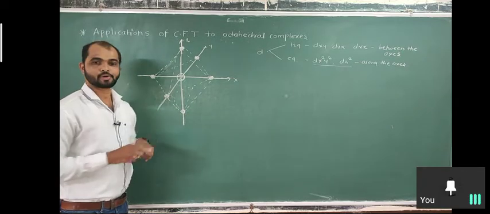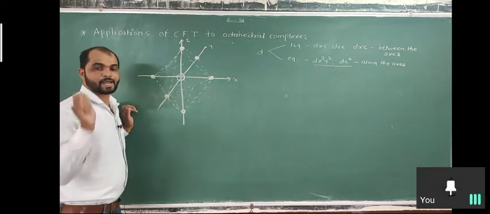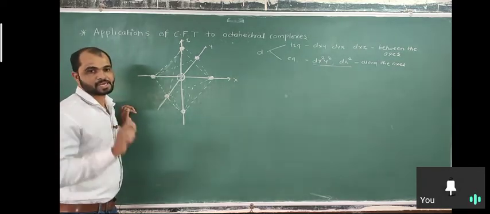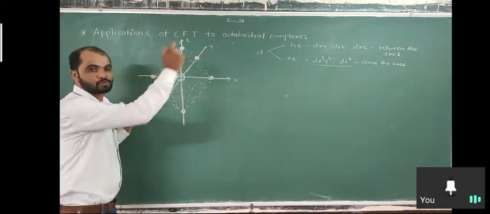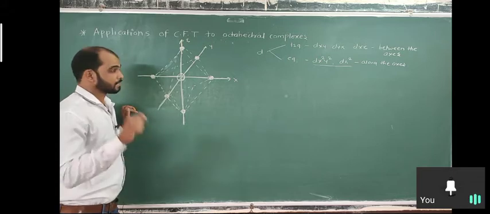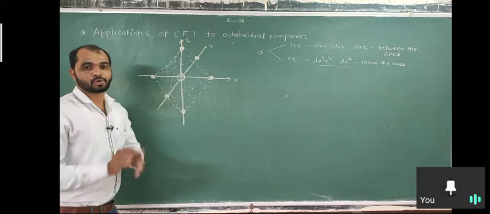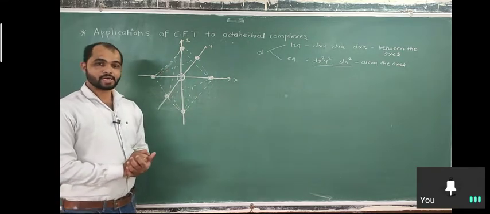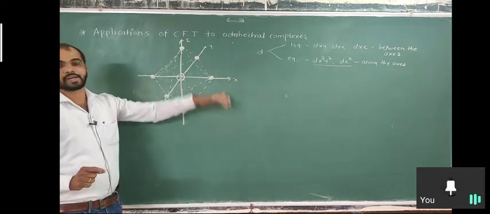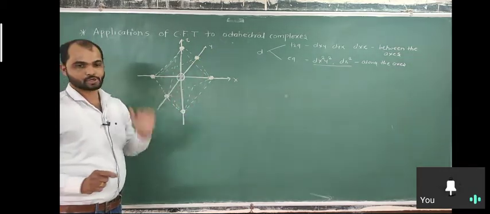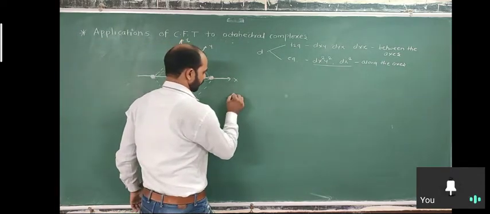So first of all we draw the geometry. If the ligands approach along the axes, they interact with the Eg orbitals more, so the energy of the Eg orbitals is more. If ligands approach between the axes, their interaction is more with the T2g orbitals, so the T2g orbitals rise in energy. So in that splitting, the T2g orbitals have higher energy as compared to the Eg orbitals. So for that we split the d orbitals here.